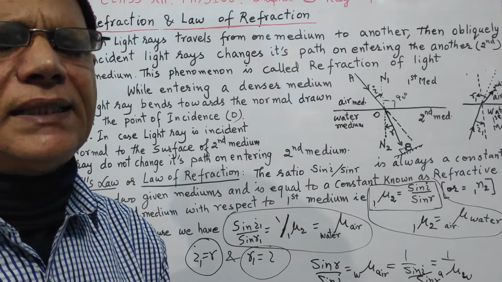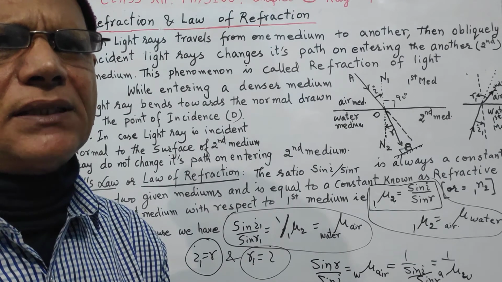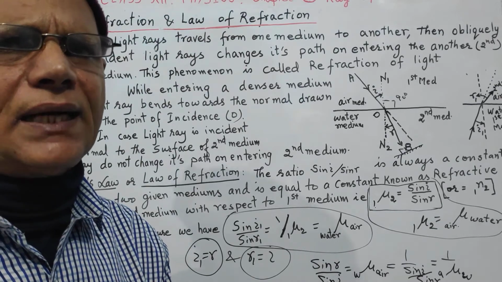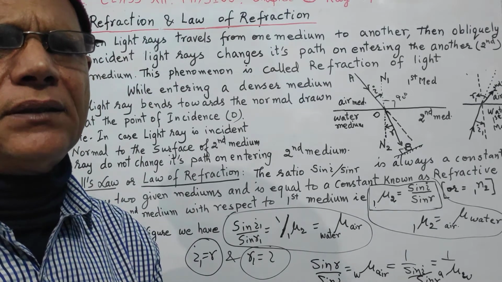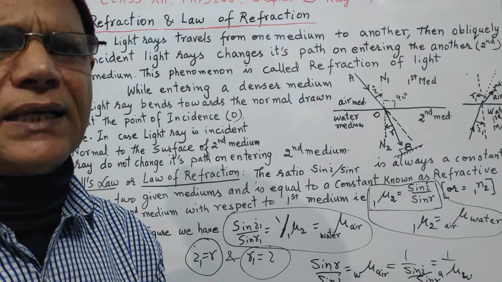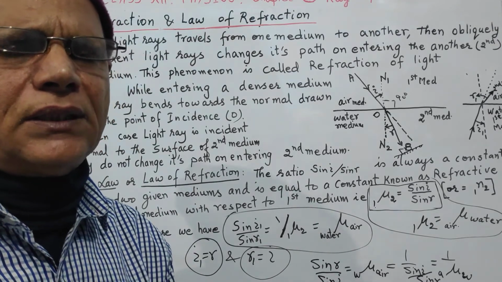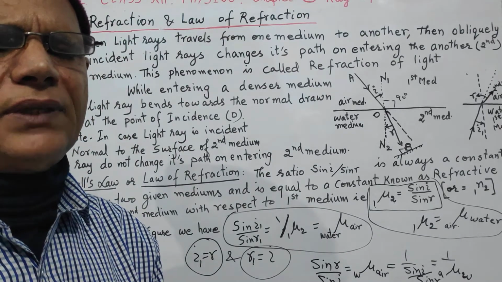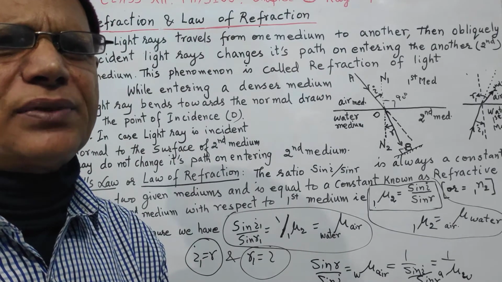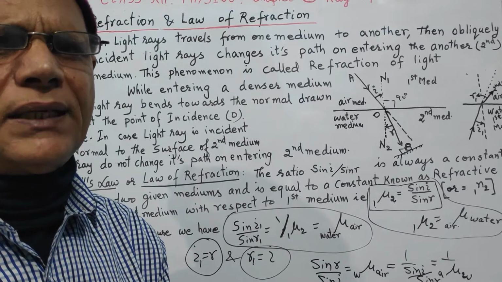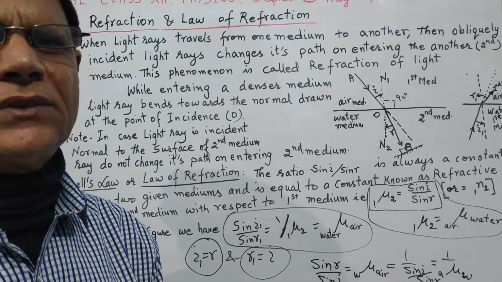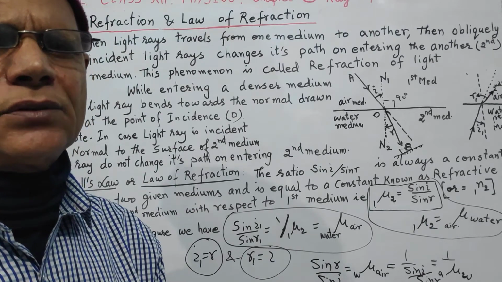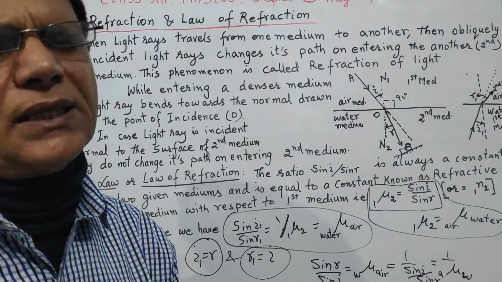Why does this happen? What is the reason behind it? To understand, we can go through the example we learned in class 11 about a ball hitting a wall and returning back. There we have seen that the transfer of momentum, the change in momentum,